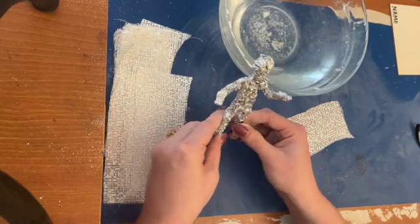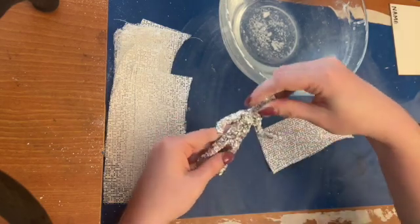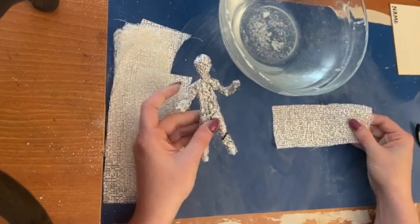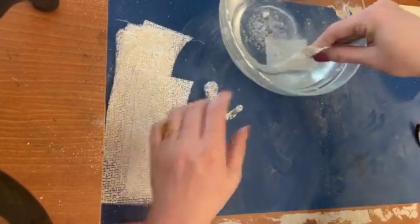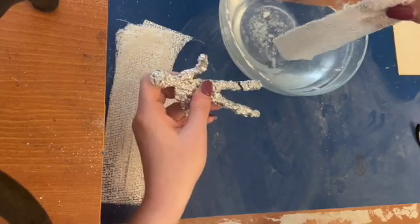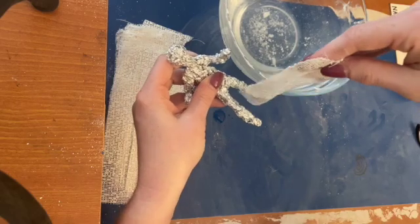I am creating a little rainbow alien painter, and so it needs to be standing just about like this to hold a paint palette and a paint brush. And then once your figure is posed just how you want it, grab up a piece of that bandage plaster and dunk it into the water. Next, try your